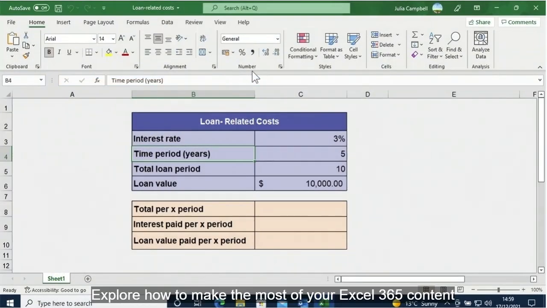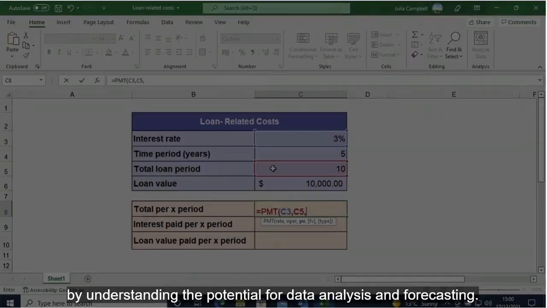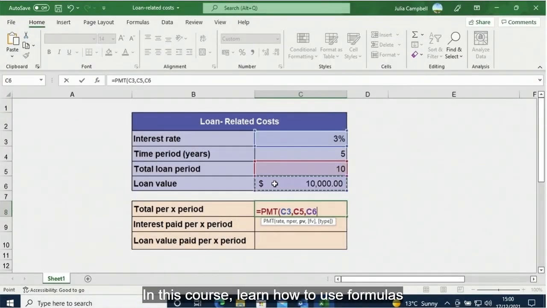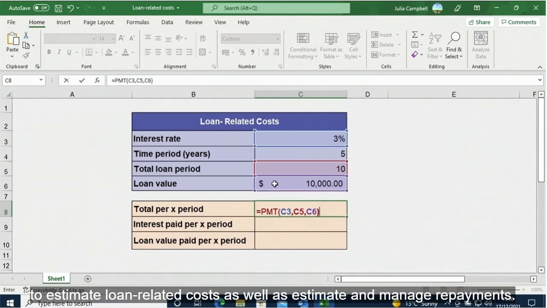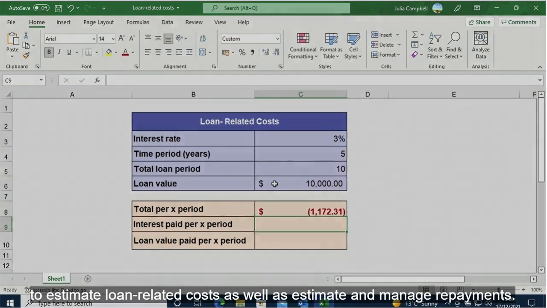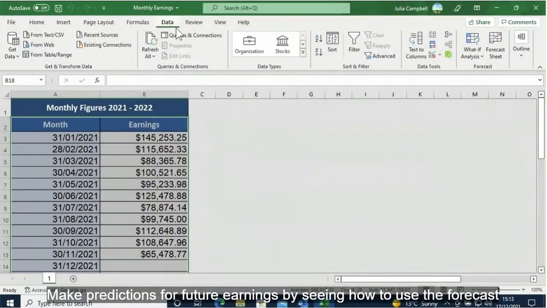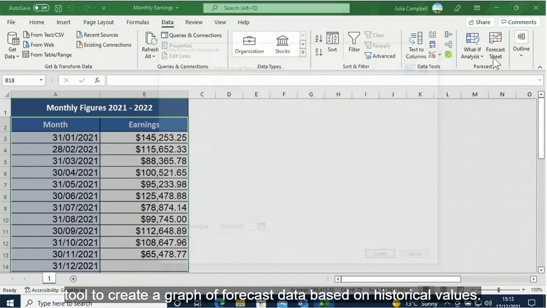Explore how to make the most of your Excel 365 content by understanding the potential for data analysis and forecasting. In this course, learn how to use formulas to estimate loan-related costs as well as estimate and manage repayments. Make predictions for future earnings by seeing how to use the forecast tool to create a graph of forecast data